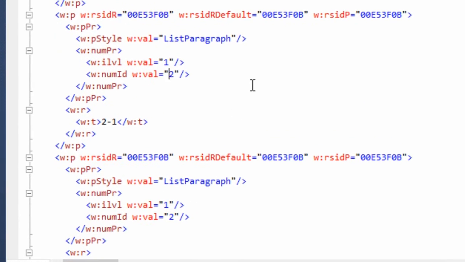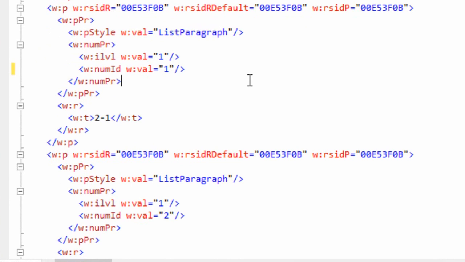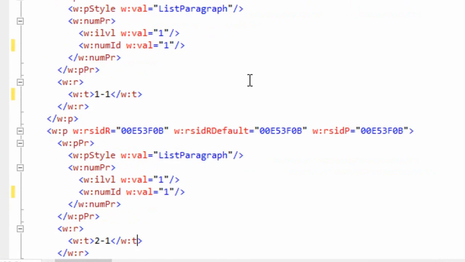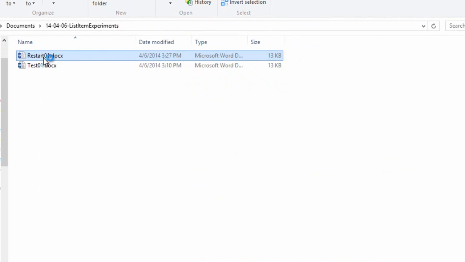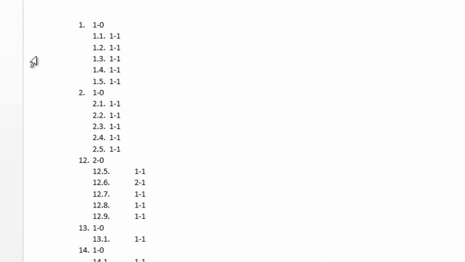So here are those two. I'm going to change this to 1. And let's change the text of the paragraph to match. And again, this is 1. And I'm going to change the text of the paragraph to match. So now let's open up the document. And sure enough,